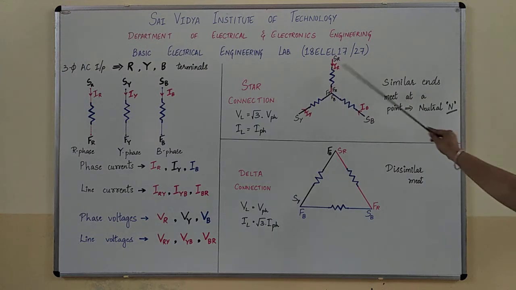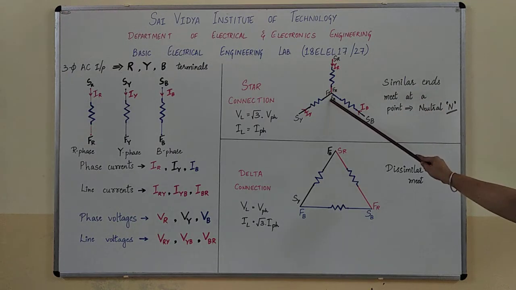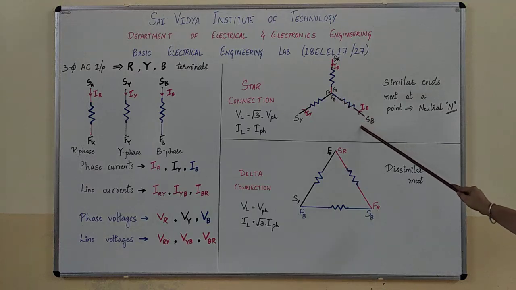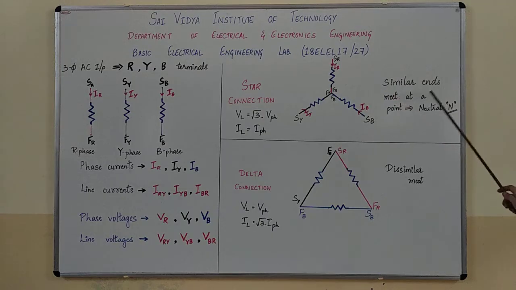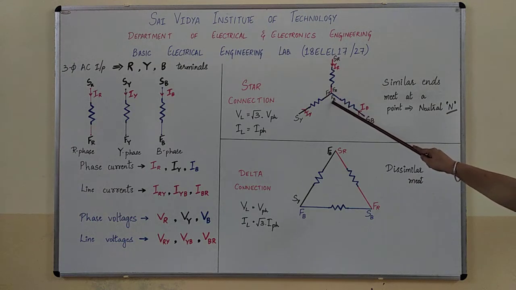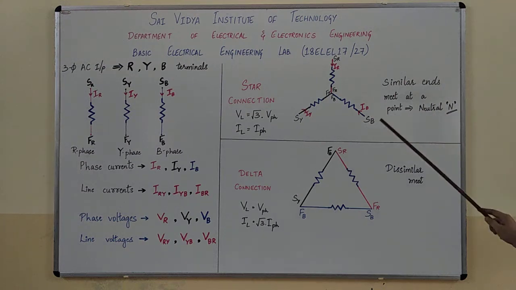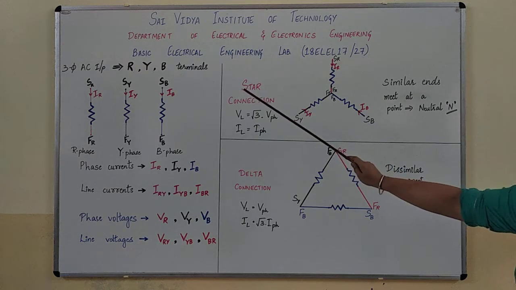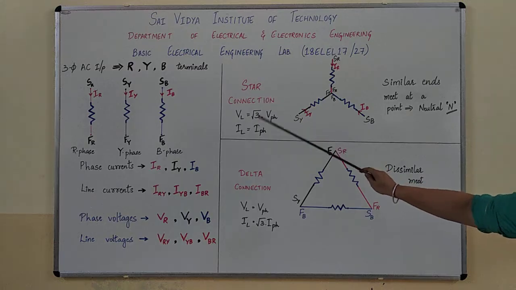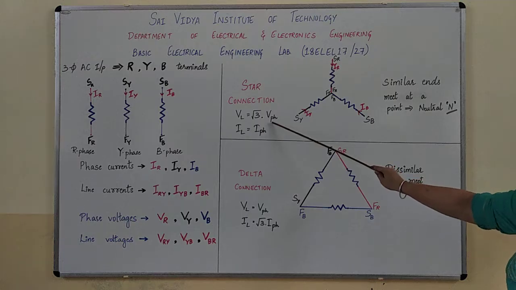The star connection is where the similar ends meet at a point. Either it will be the finish of a phase or the start of a phase. Either can be done. And the point at which all these meet, that is FR, FY and FB meet, is called the neutral point. Similarly, the relationship between the line voltage and phase voltage in a star connection is given as VL is equal to root 3 times VPH, IL is